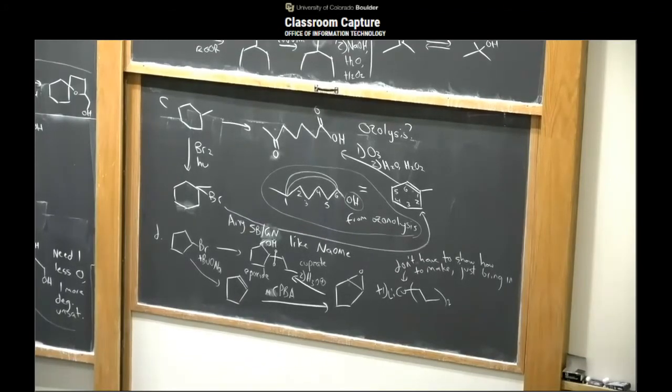Realistically, if I were going to ask you to say what the HOMO and LUMO are, I would have to be a little bit more detailed about where that proton's coming from. So in this case, it would be the H to oxygen bond that actually breaks